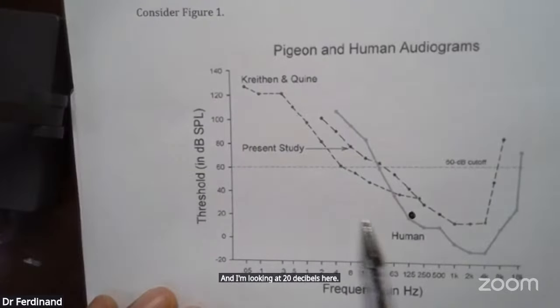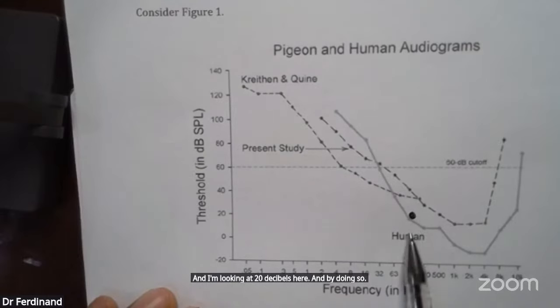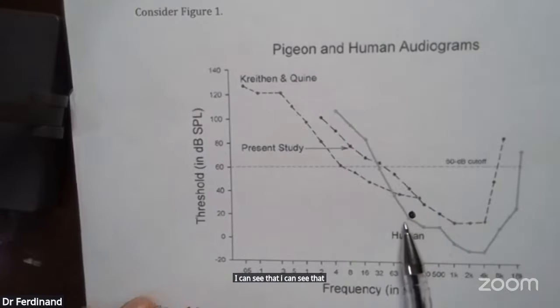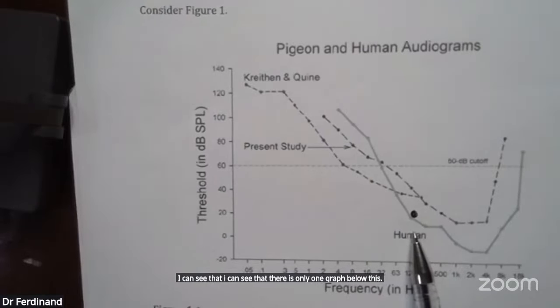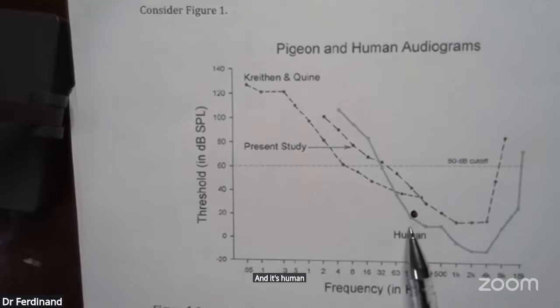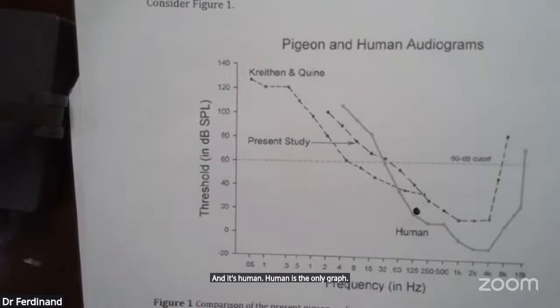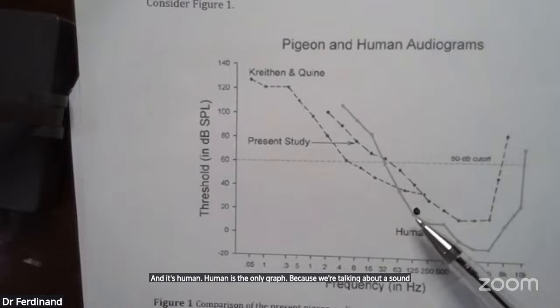And by doing so, I can see that there is only one graph below this, and it's human. Human is the only graph, because we're talking about a sound which is above the threshold